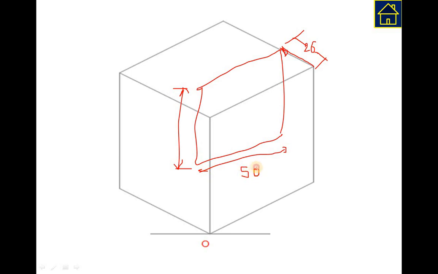This is 50, and this will be again 50. Remember that you need to draw parallel lines everywhere. So these lines are parallel to the length dimensions, and these two lines are parallel to the height dimensions. So always draw parallel lines to length, height and width. That way you are actually drawing the isometric view.